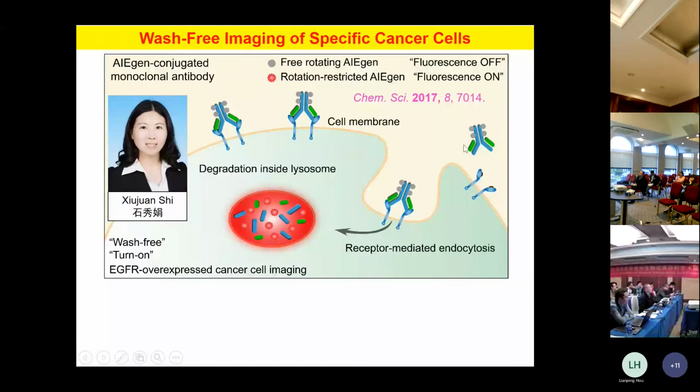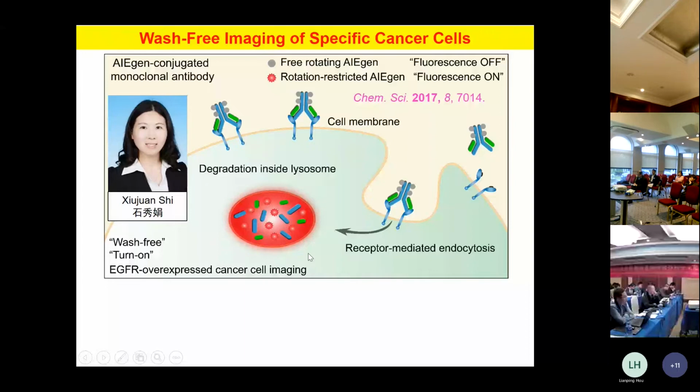Okay, and if we use a water-soluble antibody, the bioconjugate will be dissolved in water. It will not emit light. However, the antibody-antigen interaction will attract our AIE gene into the specific cancer cell. And here you have this so-called receptor-mediated endocytosis to make the bioconjugate internalized. And inside the cell, in the lysosome, the antibody is decomposed. So what is left will be our hydrophobic AIE gene. It will form an aggregate and emission will be turned on.